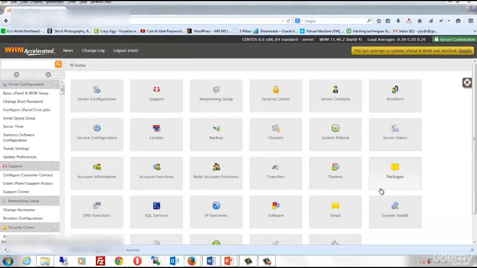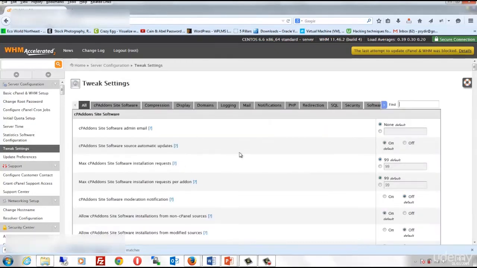Now, once you alter your PHP values in your server, there is something else you need to do as well. Log into your WHM and find tweak settings on the left hand side and click it. There are some things that you really need to pay closer attention to. For example, in the mail tab,